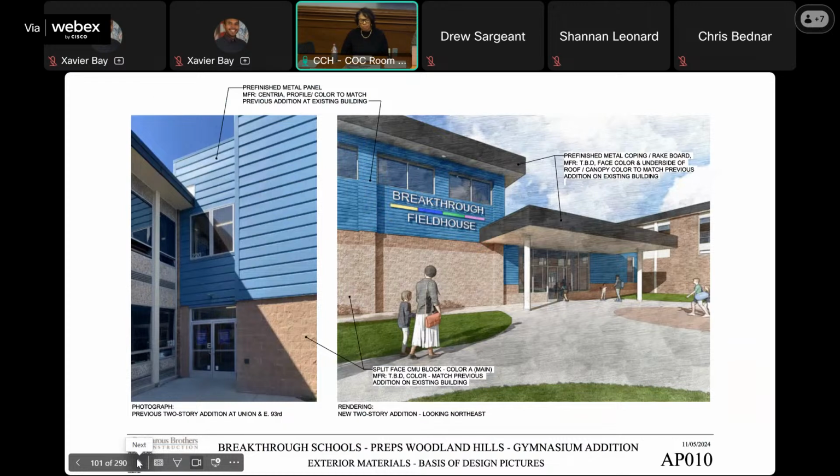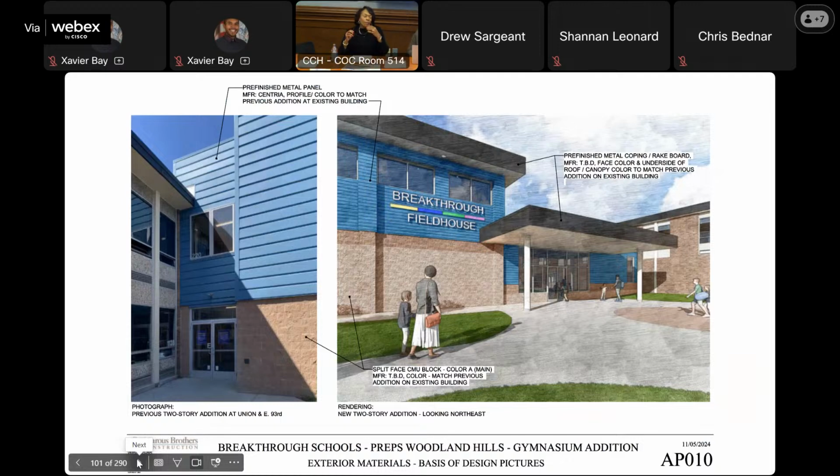So here's kind of a side-by-side, the existing 2019 on the left photograph and the rendering of the proposed addition on the right. So there is the split face CMU and the profile metal panel. I also want to point out the clear anodized aluminum window and door framing, which is on the original building and on the new building, which we're also replicating in ours. And also the detail at the soffit overhang with the dark fascia and the light colored underside of the soffit, which will also be replicated in the canopy and the gym roof. This also gives a little sense of that entry plaza in front of the